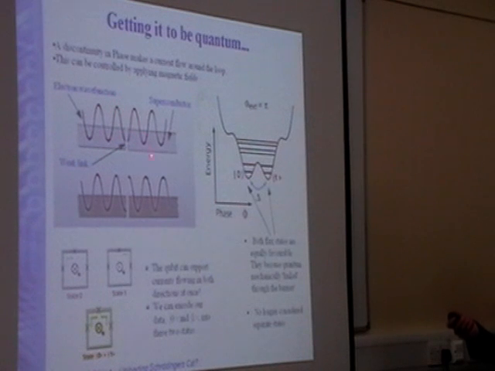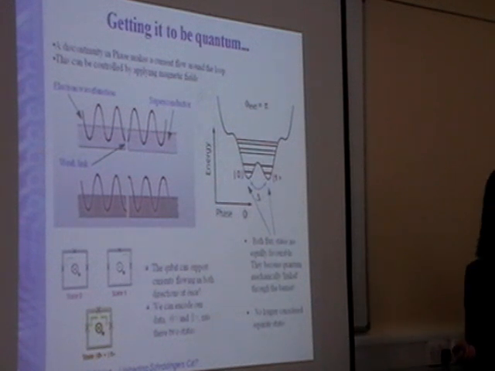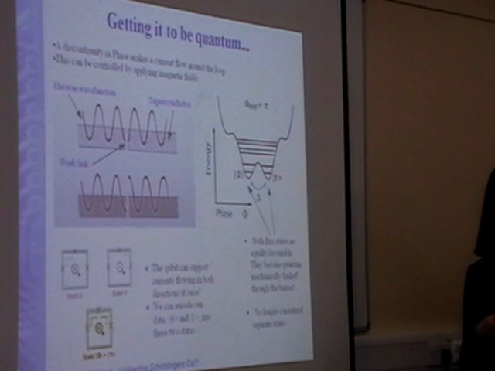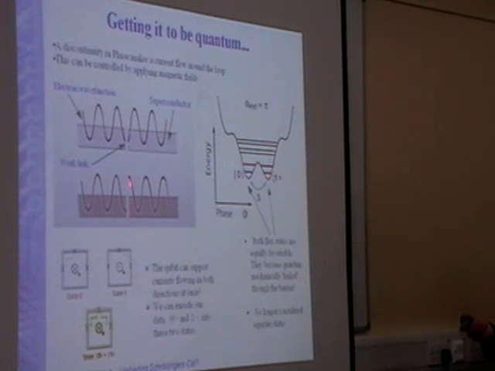Waves can either be in phase, as they are here, or they can be out of phase, as they are here. And it's this phase difference that's actually the bit that does the quantum mechanical calculation for you. But what you're able to do is change this phase difference by applying the field, as I said. And what this corresponds to physically is when you apply a magnetic field to the qubit, a current starts